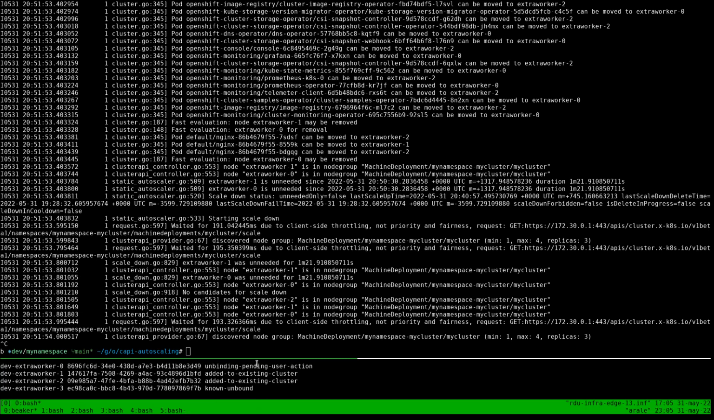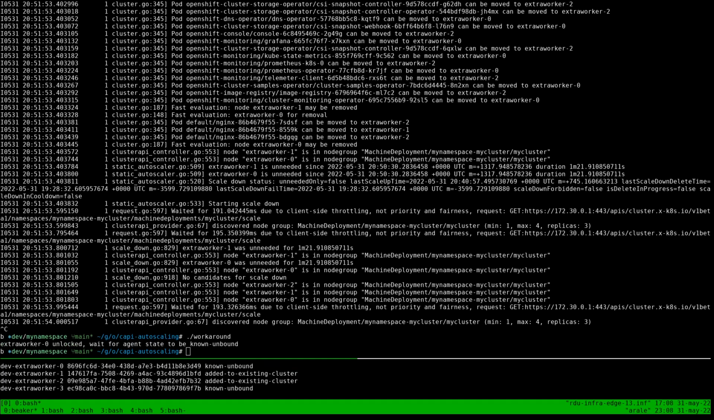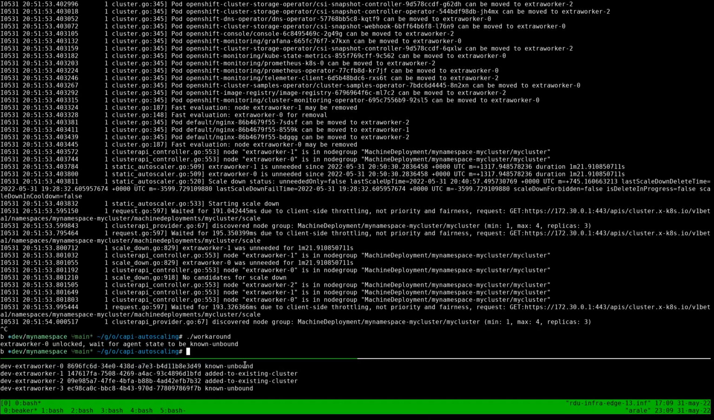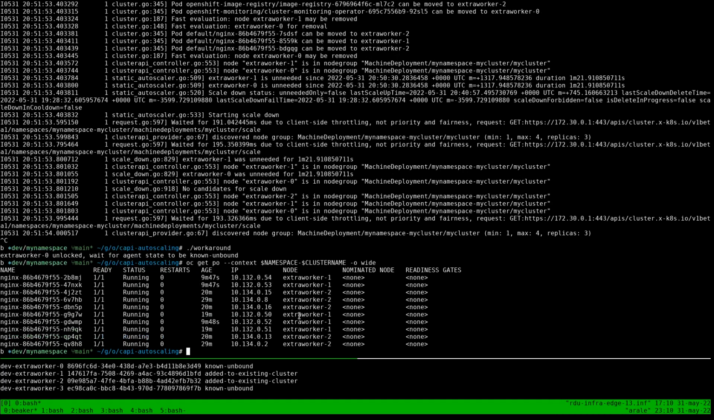We can see that an agent is in unbinding-pending-user-action. This is probably because we hit a bug that is in libvirt and the bare metal controller. So well, I have prepared a workaround here. So we can see that the node has been put back into the pool of known unbound agents, so it's able to be reused. If we check the pods, we can see that they have been well relocated to the